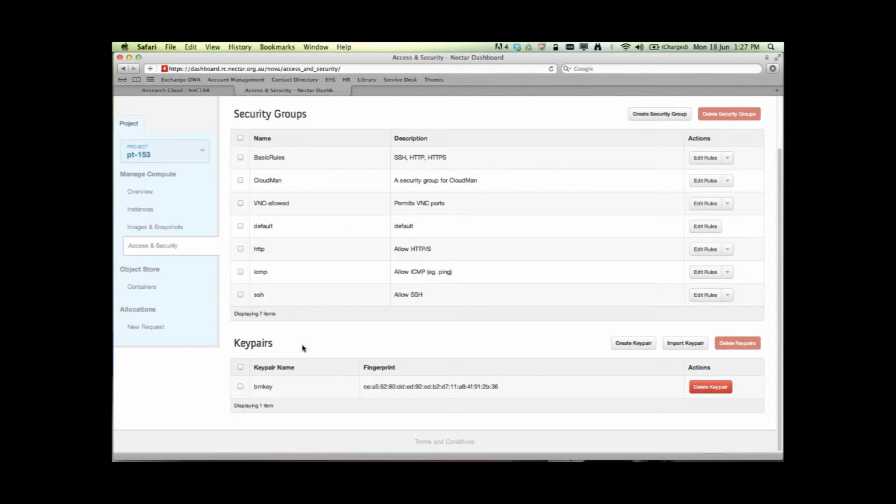The next bit is the key pairs. Key pairs are very important as they define how I access my VM. Now, if you want to maintain a secure VM, and everybody should, you'll need to have a key pair. A key pair allows me to connect my local computer